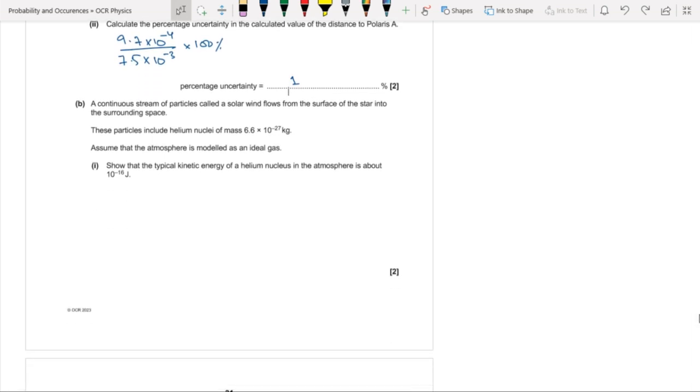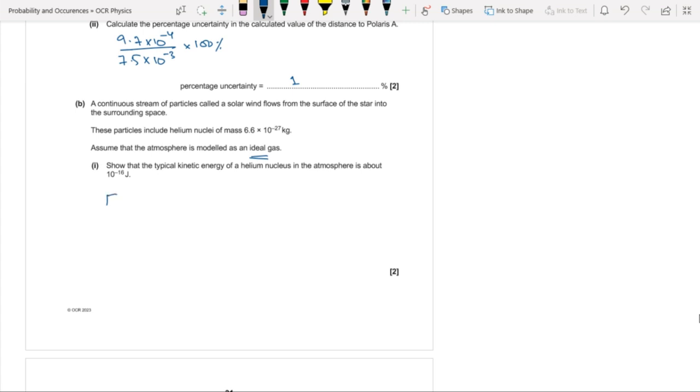A continuous stream of particles called a solar wind flows from the surface of the star into the surrounding space. These particles include helium nuclei of mass 6.6 times 10 to the power minus 27 kilogram. Assume that the atmosphere is modeled as an ideal gas. Show that the typical kinetic energy of a helium nucleus in the atmosphere is about 10 to the power minus 16 joules. Well, since we have been given the liberty to model this as an ideal gas, we can say